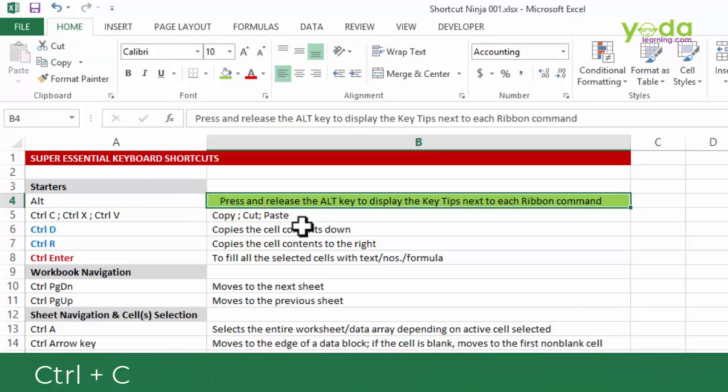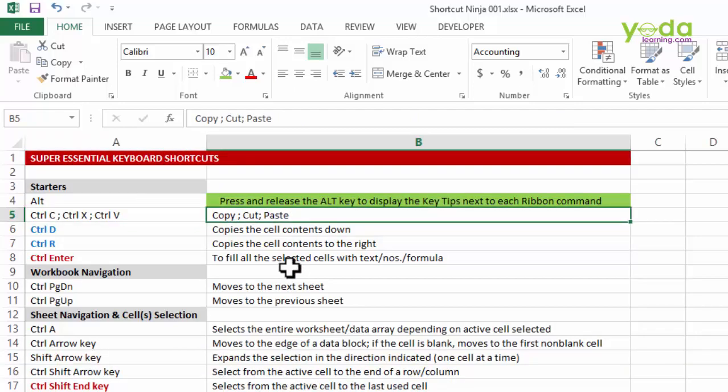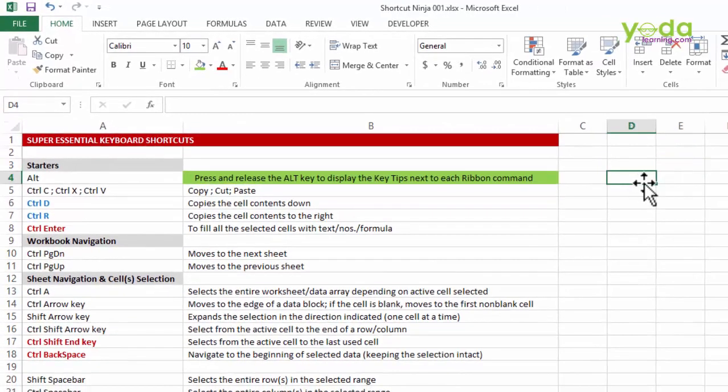Now, you would already be working with Control C, Control X and Control V, so I'm not going into that detail. What else? Well, if you have any formula or a text which you want to copy paste down, normally what people do, they use Control C and then they drag it and then press Control V. Well, an alternative to this is you don't need to copy the entire single cell. In fact, once you simply choose the data, including the first cell, all you have to do is press Control D. Control D is a shortcut key. It includes the combination of Control C and Control V vertically.